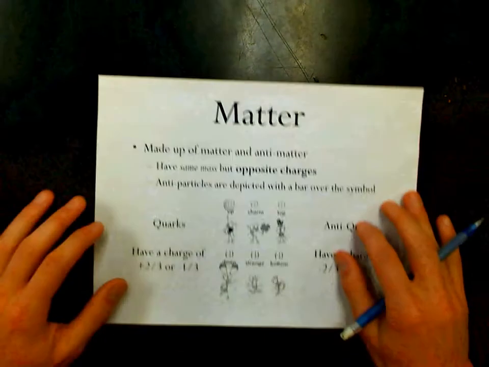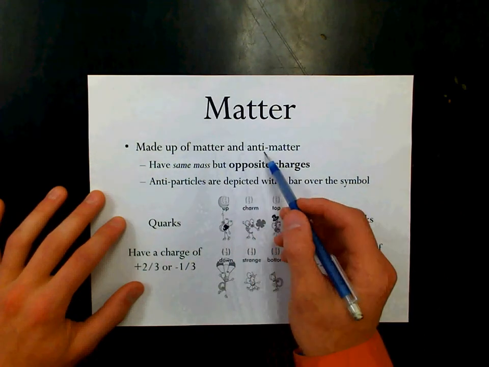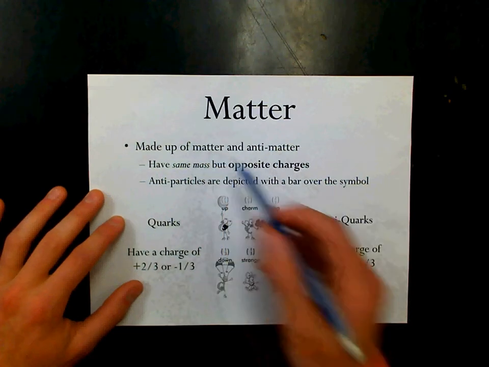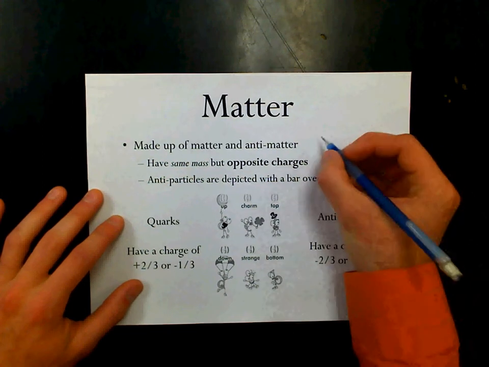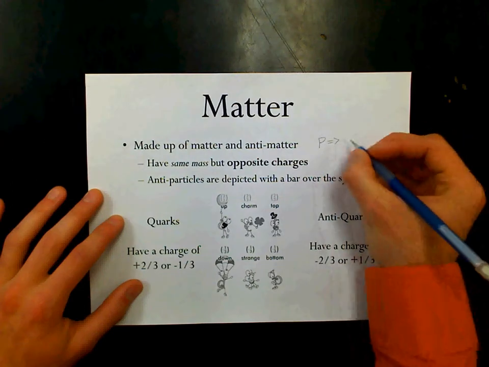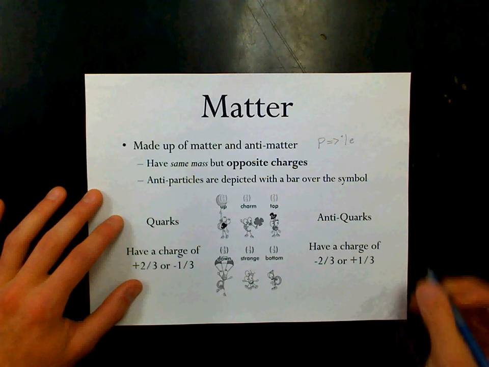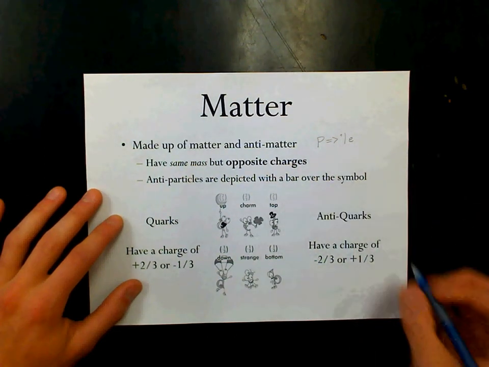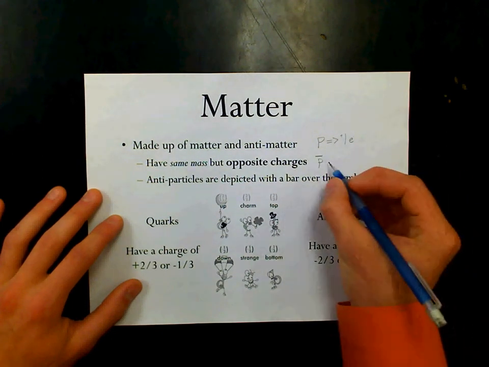Okay. Matter that we know of is made up of, well, matter and what's called antimatter. Antimatter is nothing really different than regular matter. It's the same exact mass, but it has an opposite charge. So if I had a proton, it has a charge of 1 elementary charge. And we know it's positive, so I put the plus there. If I had an antiproton, and we denote anti by just a bar at the top, this has a charge